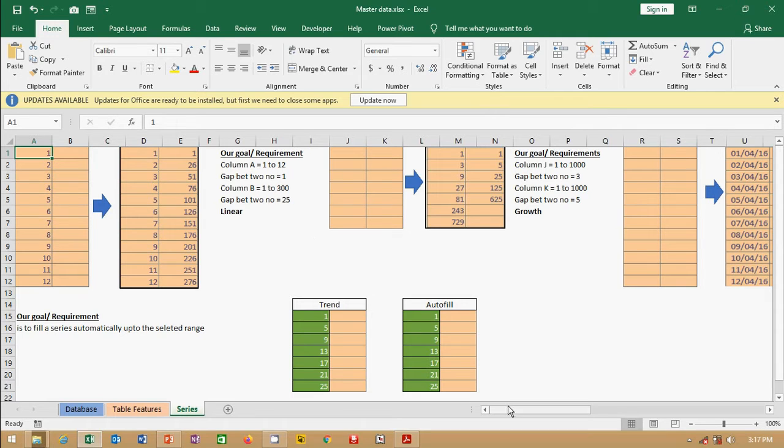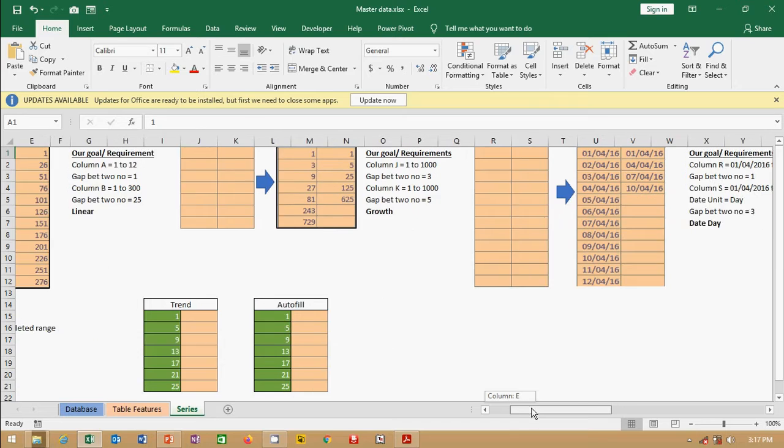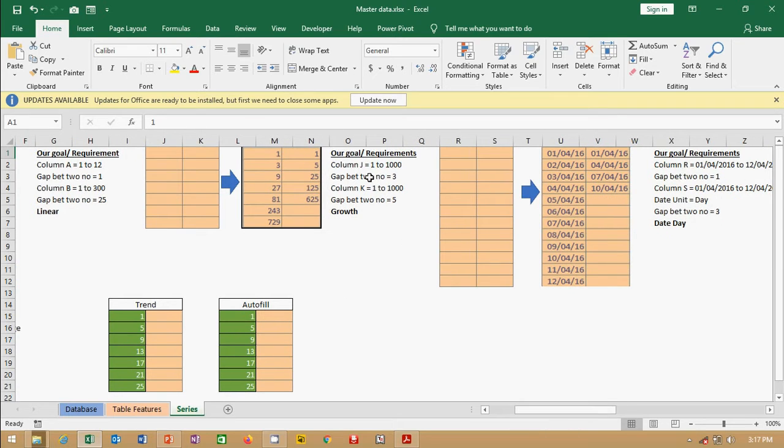The next example: our goal is to fill this series from 1 to 1000, with a gap of 3. This is the end product: 1, then 3, then 9. Oh, it's multiplying. Previously it was addition, and right now it is multiplying.